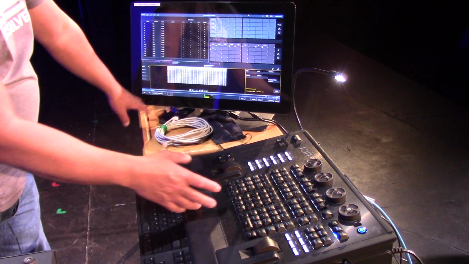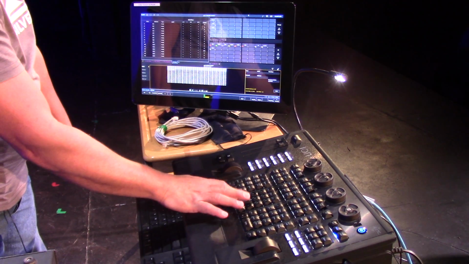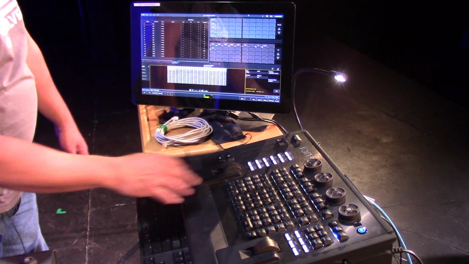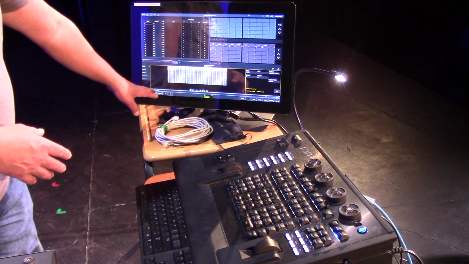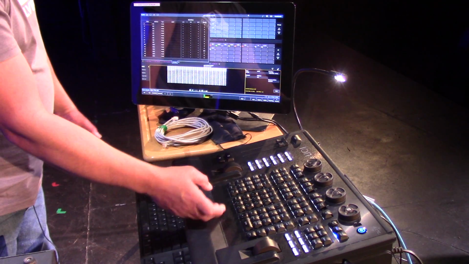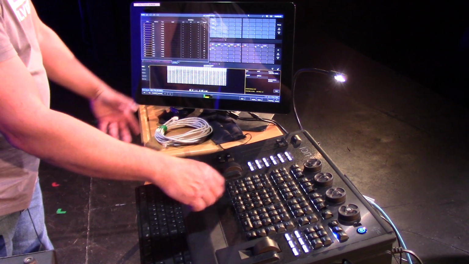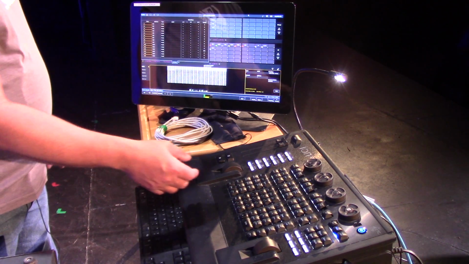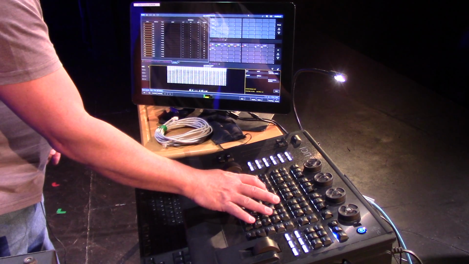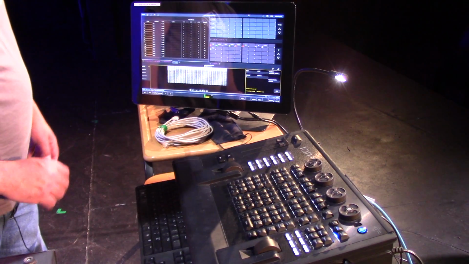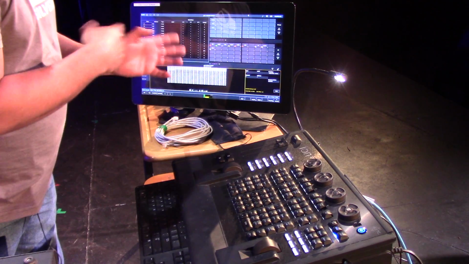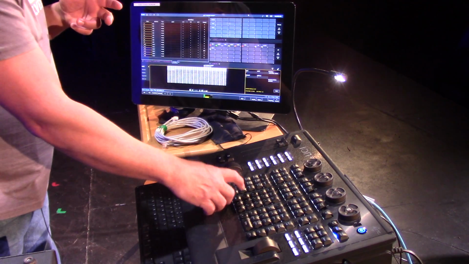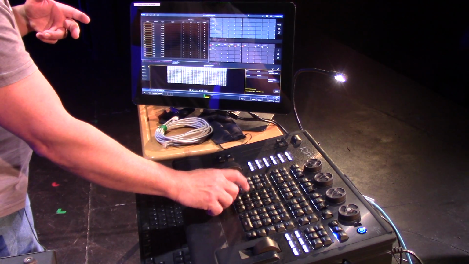So you give it 1 through to 100, which is the amount of channels we want to patch. Then tell the desk whatever the universe is. In this case, it is universe 8, so we'll tell it universe 8, and then tell it the first channel of the amount of channels that you want to patch, which is 1 in this case. Tell it 1,